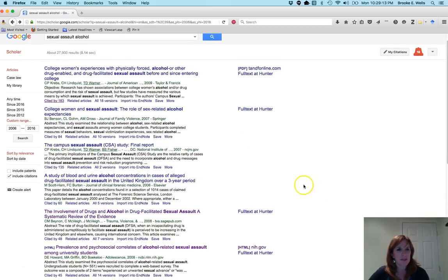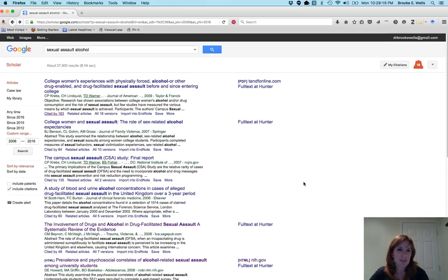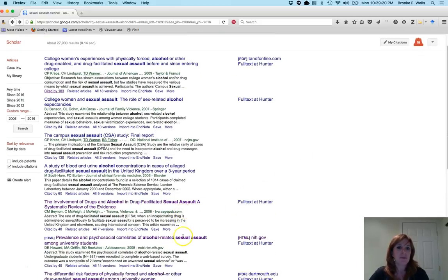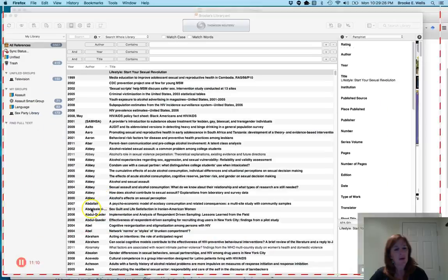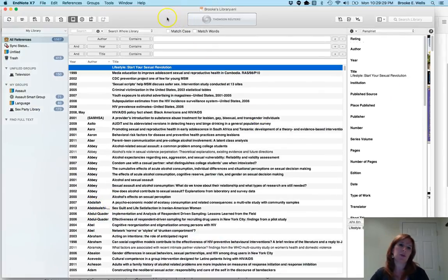So we'll come back here to this original search that we did, limited to the last 10 years. Those are the sort of main things that I'll show you about. You can also import into EndNote, and I'll actually pop over here and just show you EndNote really quickly. I'll talk a little bit more about some of these reference softwares, but the basic idea of what these do is organize your literature. So you'll see here I have 5,600 articles almost saved in here,